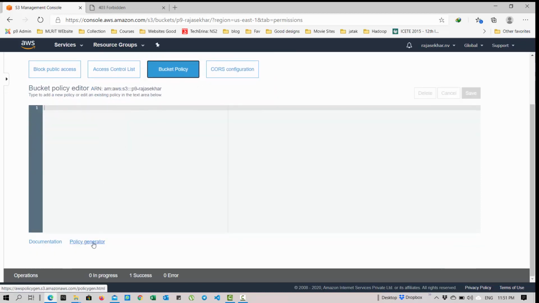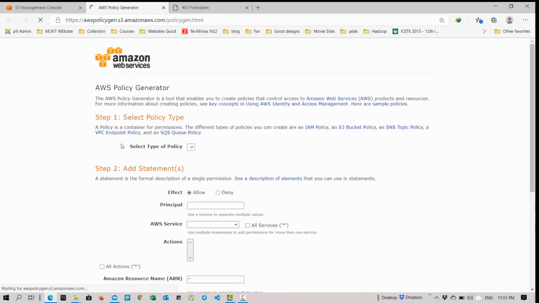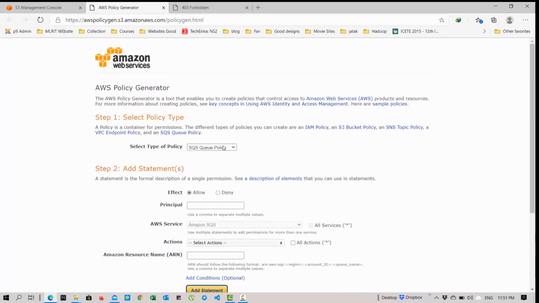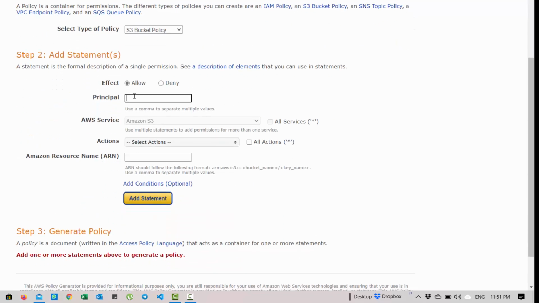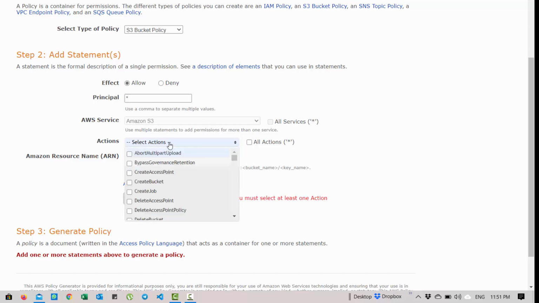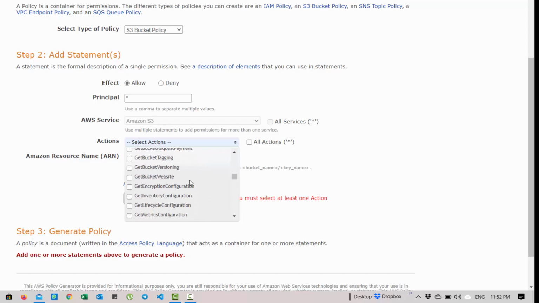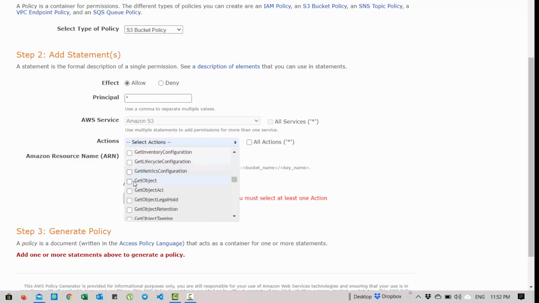Just go to policy generator at the bottom. Now select the policy type. I'm going to select the S3 bucket policy. Principal, just give as asterisk symbol. Actions, we need to select get object. Let us find out where exactly the get object is.